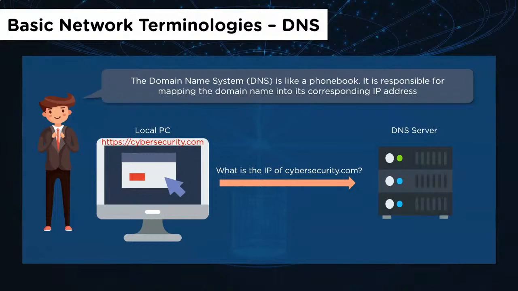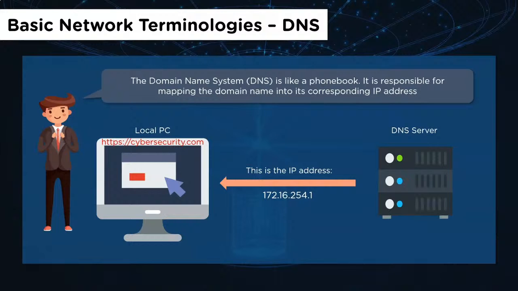But if I type in google.com, I'm giving it a domain name. So there is a DNS server, which works like an index, or moreover a phone book, which will have a list of all the domains with the corresponding IP addresses. So whenever I type in google.com, the request goes to a DNS server. The DNS server is queried, the IP address of google.com is identified, pasted onto the packet, and then the packet is routed through the router to the path that it has in mind to reach the google.com server.